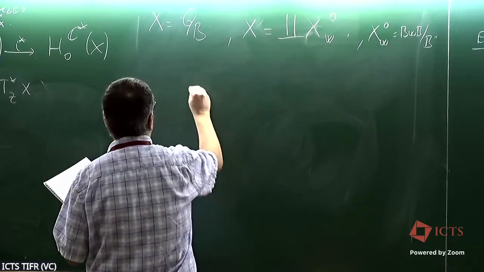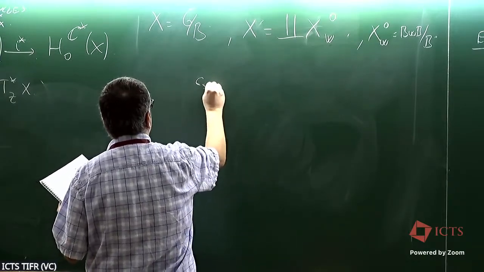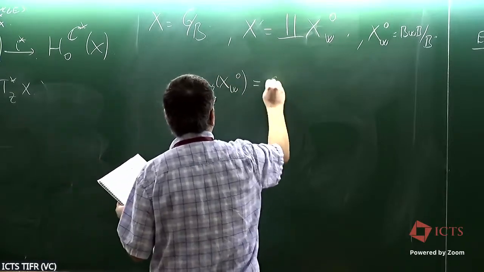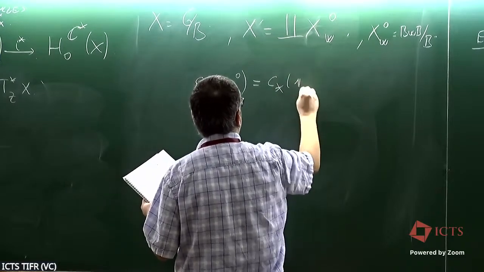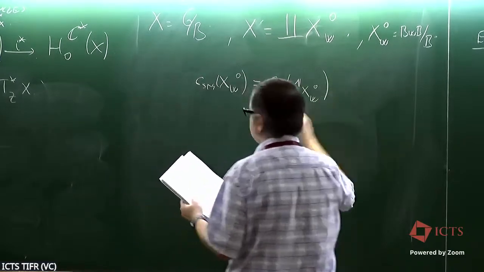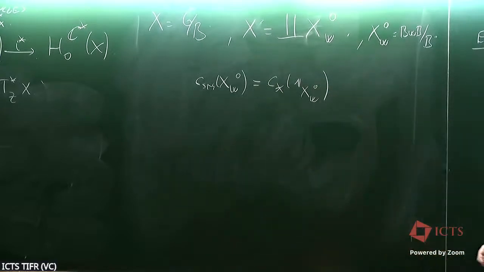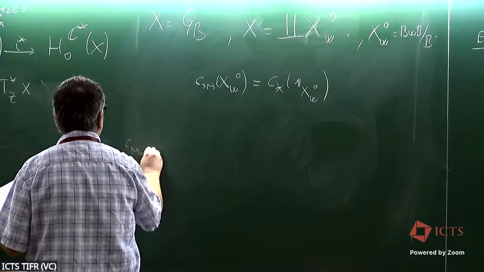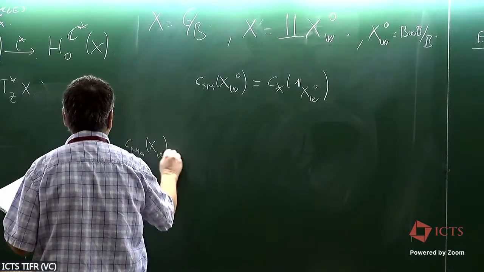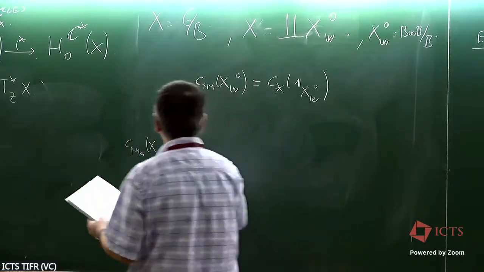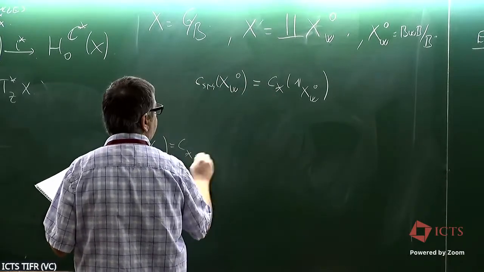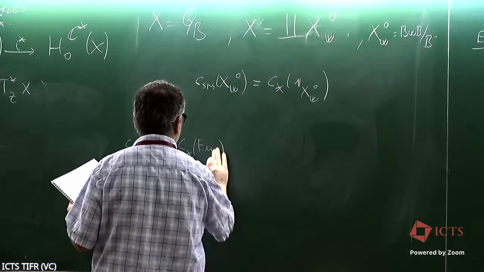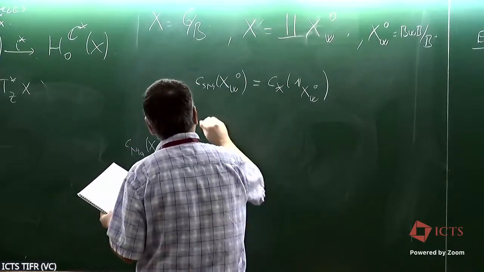So on one side, you have the CSM class of the Schubert cell, which, recall, is just c star of the indicator function of the Schubert cell. A Schubert cell is a constructible subset. On the other side, you have the mother class of the Schubert variety. So mother classes are associated to closed subvarieties. This is the same thing as the c star of the Euler obstruction for this X_W.